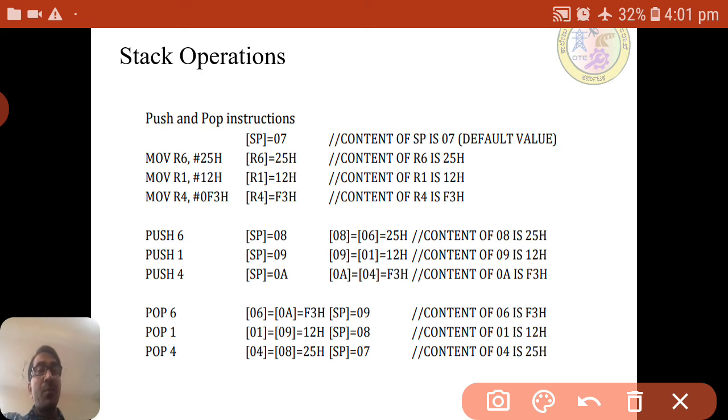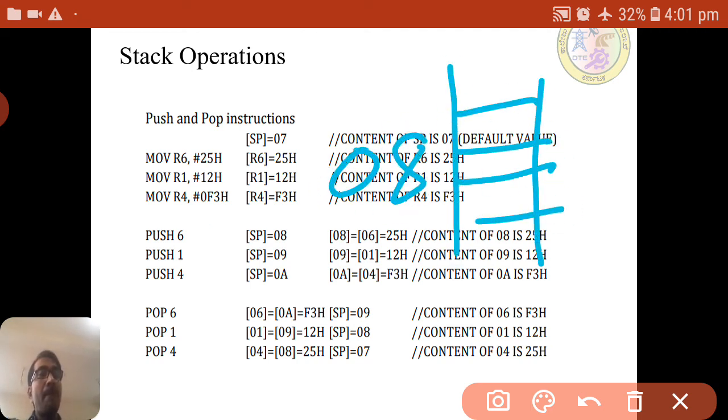Now push 6 means SP will be incremented by 1, so SP will become 8. Initially SP is pointing to 7. After using push 6, SP will be pointing to 8.